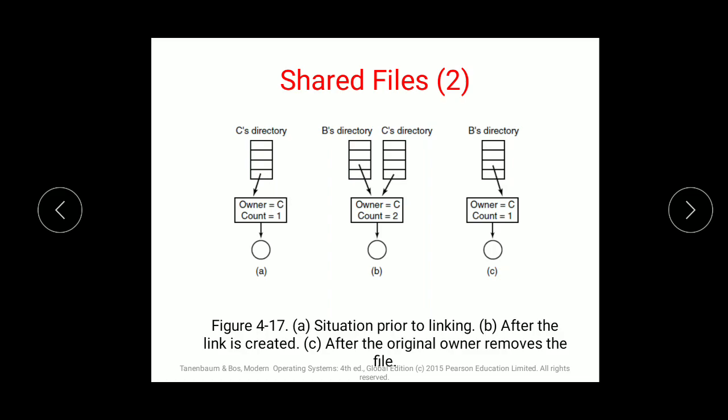Let me repeat. First, the file was created by owner C and the count of the file is 1. That is, this file is contained only once in the system. When B shares the same file, it still shows owner C, that is, the first creator is the owner, but the count here is 2 because this file is accessed 2 times in different subdirectories. Once the actual owner is deleted, the system will still identify the file with owner C only, not the person who is actually accessing it now. This could be a drawback as well.